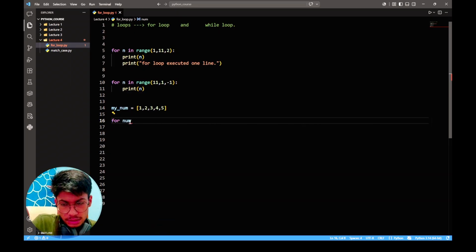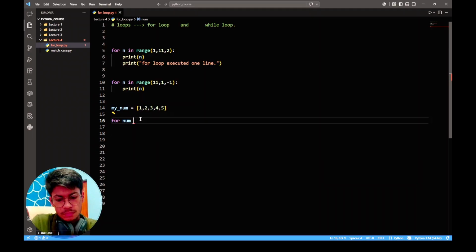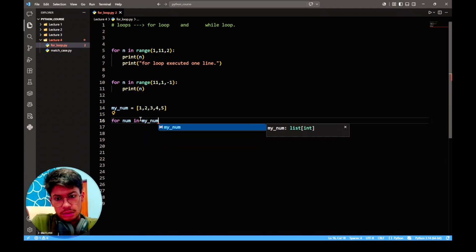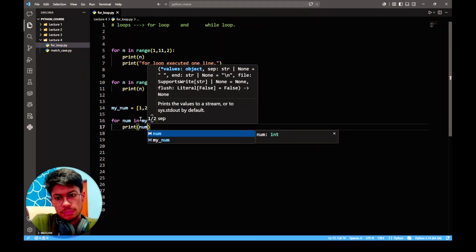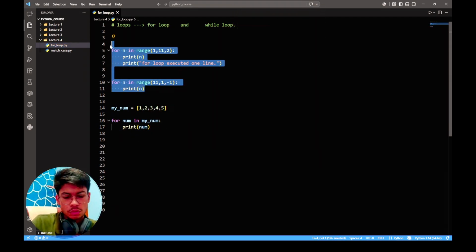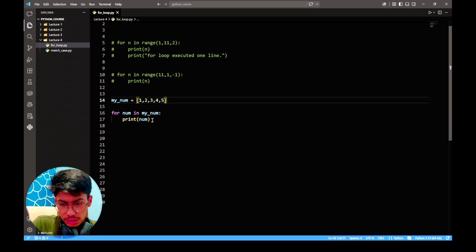Now what I can do is use a variable like num. This num will refer to the numbers inside this list. So I will say for num in my num, and I will say print num. This code will actually be executing this print statement up to 5 times, and each time it executes,